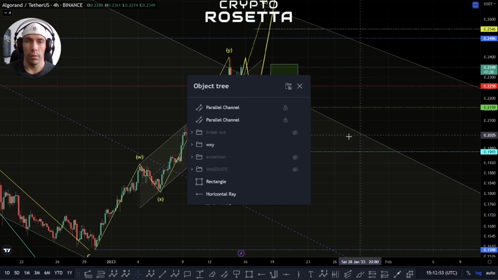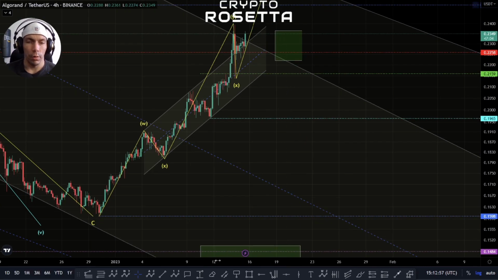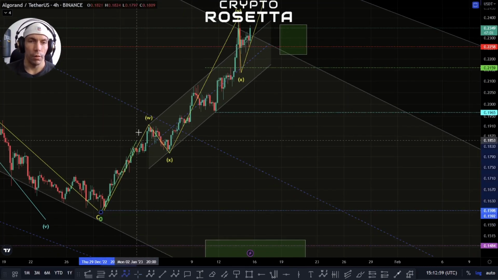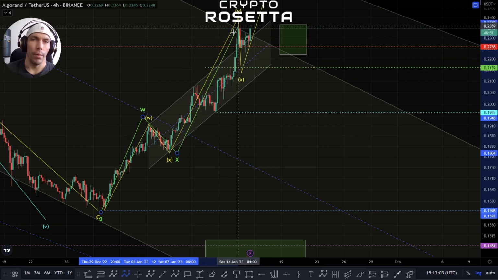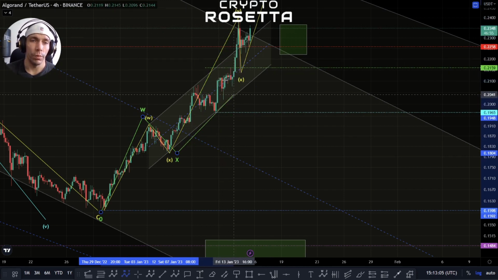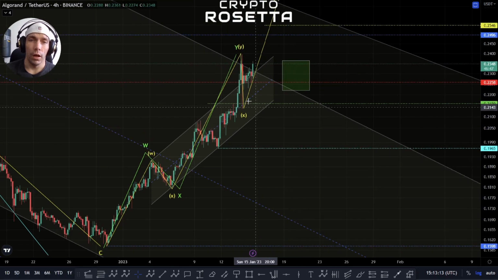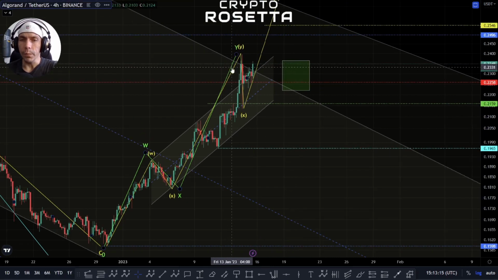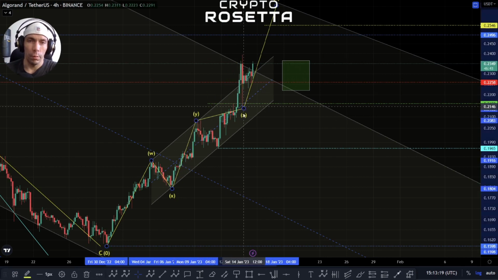Because otherwise, what we can have a look at within this is, if I just turn this off for a second and we go back to this, we were talking previously about corrective structure, and we were looking at the possibility that we could have had this as a W and X, and then potentially looking for a Y wave to the upside. So this is still potentially possible. We can look at this potentially as a W, X, and then a Y to the upside here, and it's completed. Alternatively, we can look at this as a more complex correction, and we can actually break this down